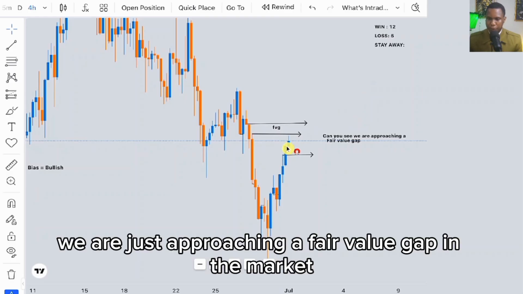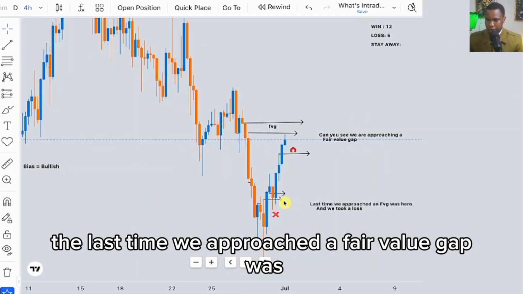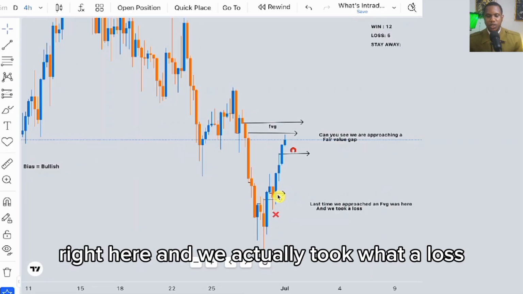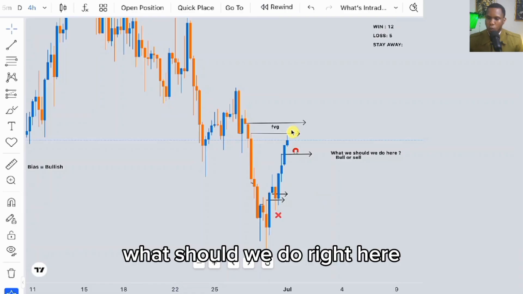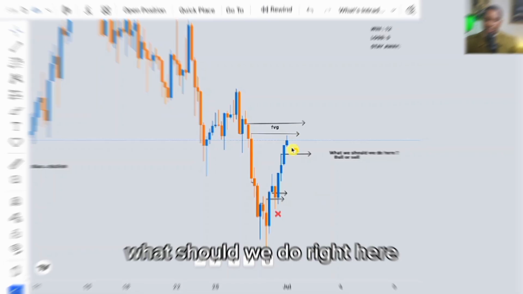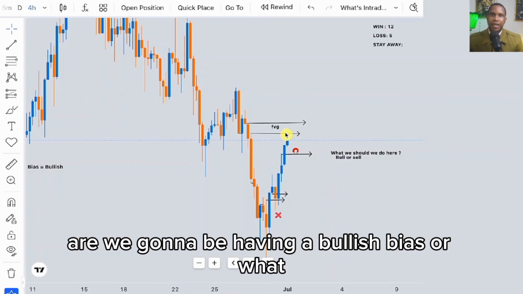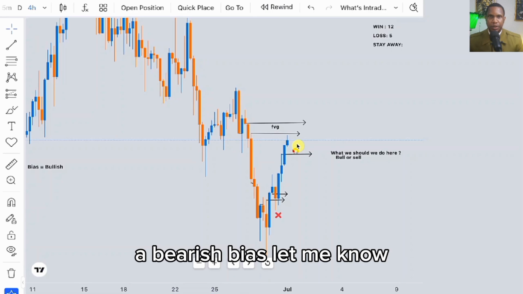We are just approaching a fair value gap in the market. The last time we approached a fair value gap was right here, and we actually took a loss. What should we do right here? Are we going to be having a bullish bias or a bearish bias? Let me know. Before I give you the